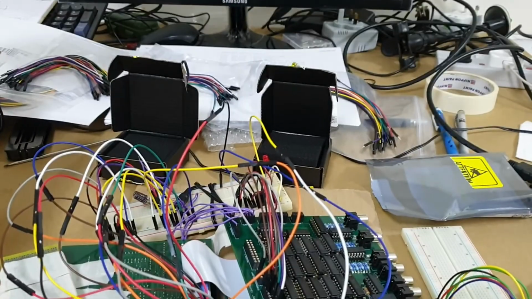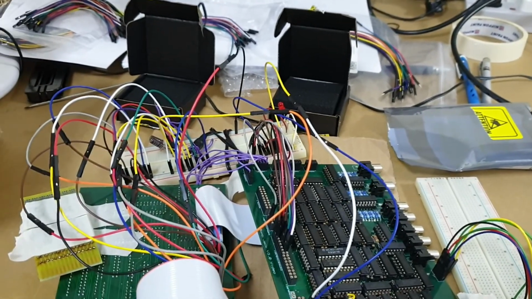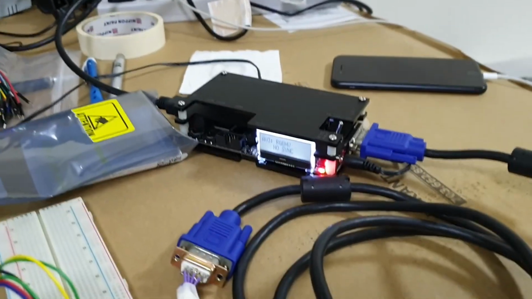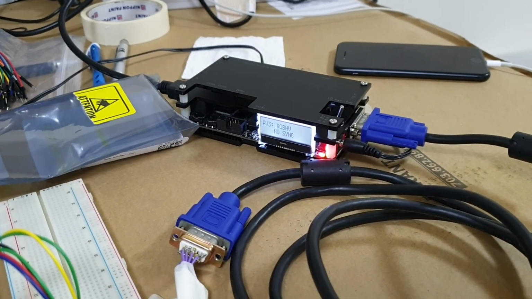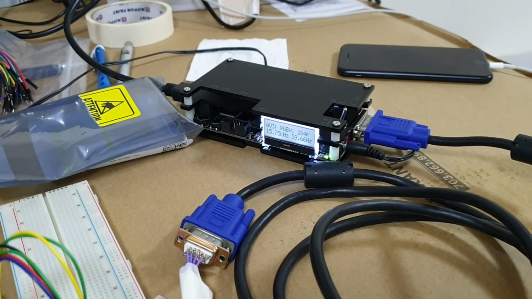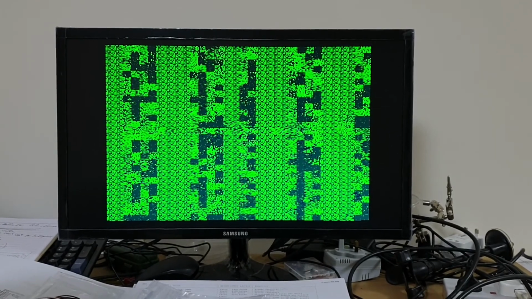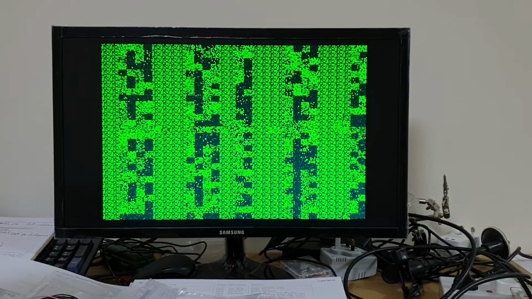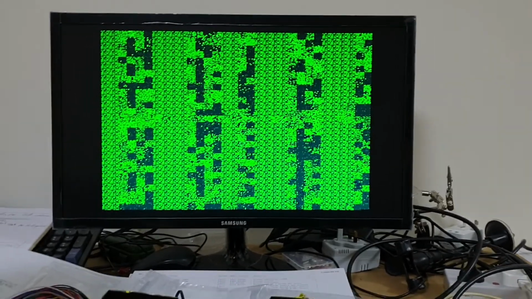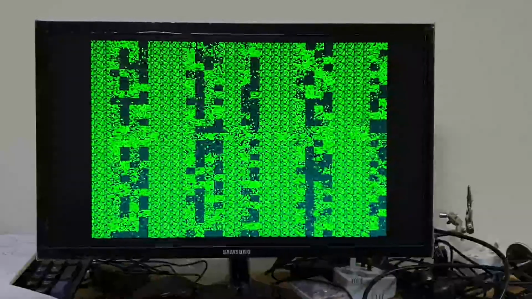Let's turn it on, and hopefully it will still work. And yeah, no blue smoke or magic smoke will occur, hopefully. Let's turn it on. We have a good sync signal from the video conversion board, and magic. Isn't that fantastic? That's just great. So green is the predominant color, but we can see that we have distinct characters,